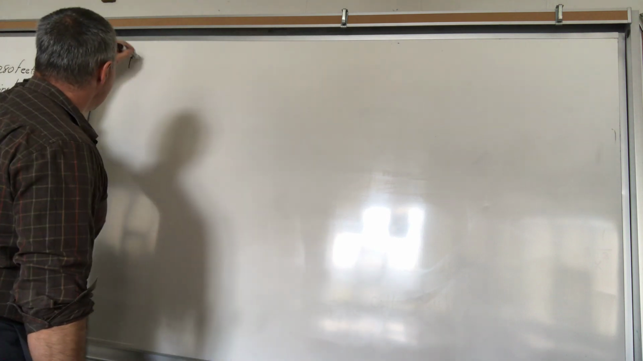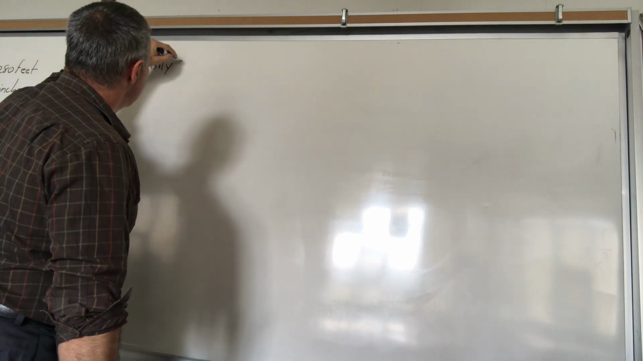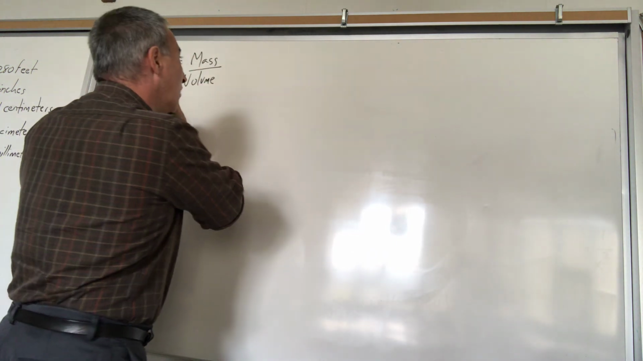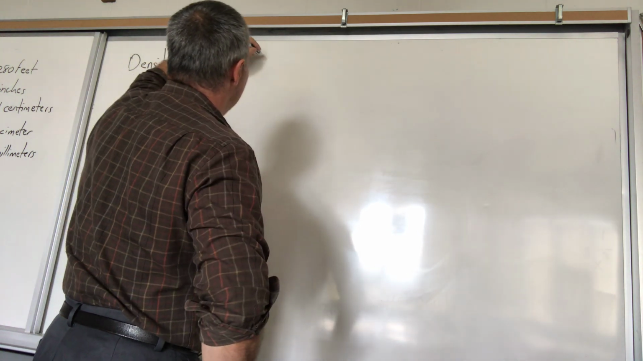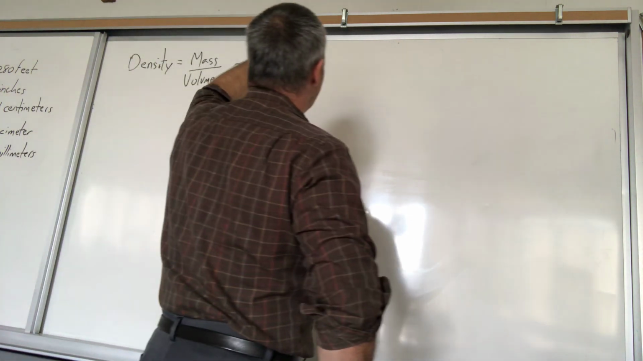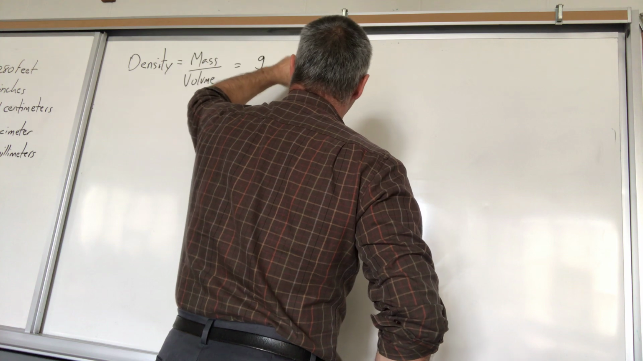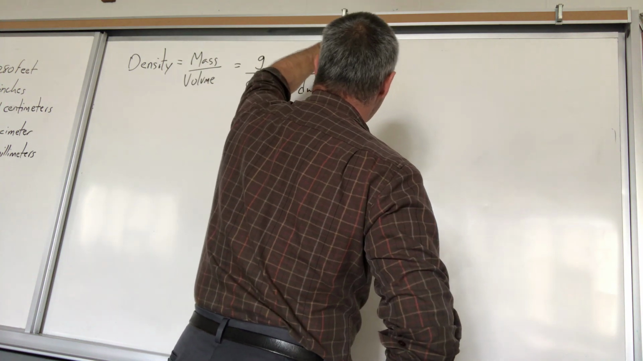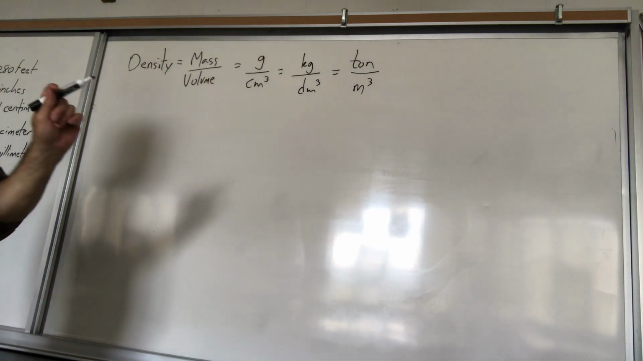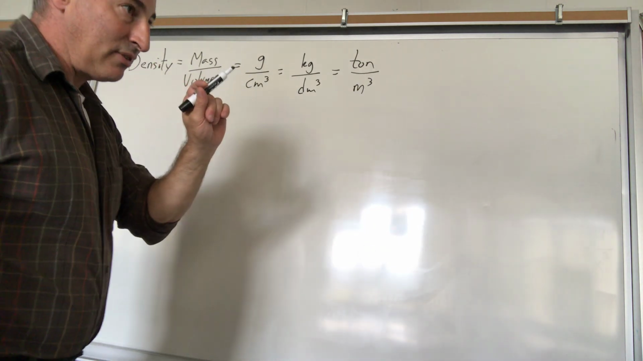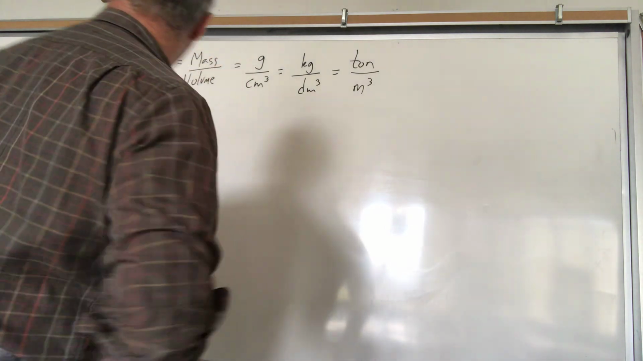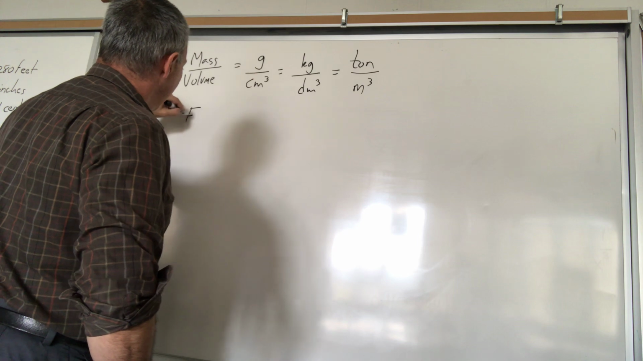All right, density is defined as mass over volume. So usually it's in units of grams per centimeter cubed. If you use units of kilograms per decimeter cubed, you'll get the same number. Also, if you use tons per meter cubed, you'll get the same number. So for example, if you have a 1 centimeter cube block of iron, iron has a density of 7.85, I believe. I don't have a periodic table handy, but the density of iron,